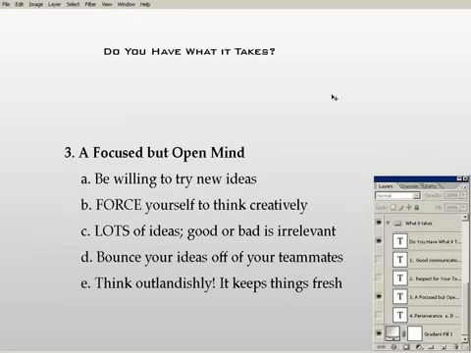The next one, and this one is almost taken for granted, I think, is you need a lot of ideas. Good ideas or bad ideas are irrelevant because you will not know one from the other. If you assume that only 1% of your ideas are actually going to be valuable enough to put into the game, and you only come up with 10 ideas throughout the entire process, you've got one good idea around which to wrap your game. So you need a gigantic stack of ideas. You need hundreds, if not thousands of ideas so that you can have the highest number of good and valuable ideas to put into your project.